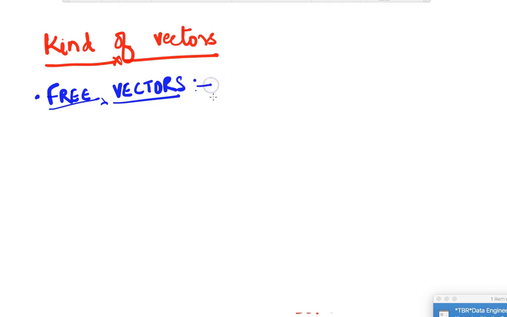Vectors which, when transferred in space from one point to another point, do not change their magnitude or direction, are called free vectors. So for example, if you have a vector OP, a displacement of 5 km north, and you move this to another point, say again 5 km north,